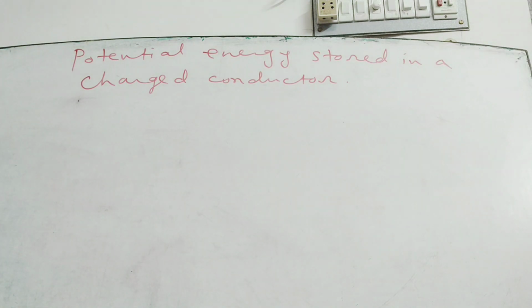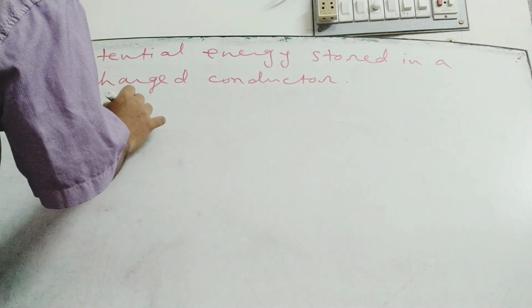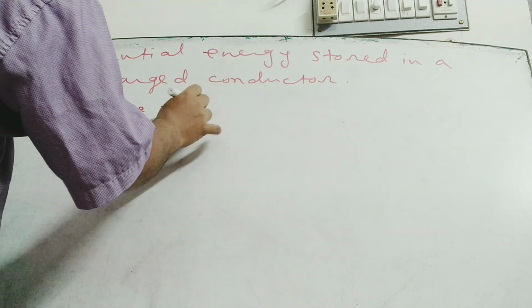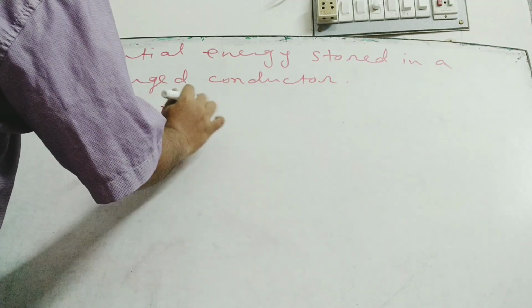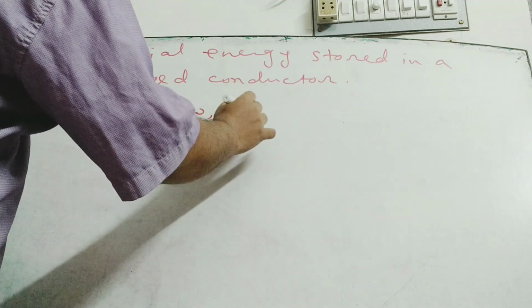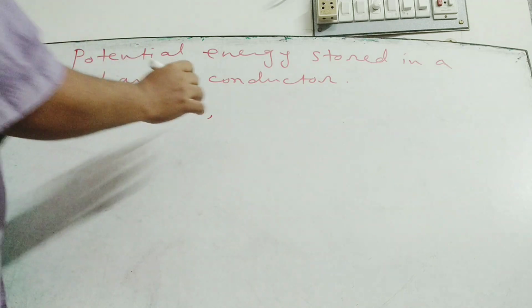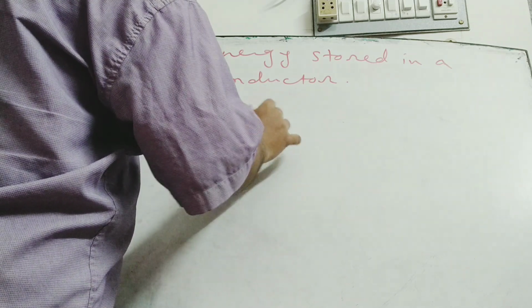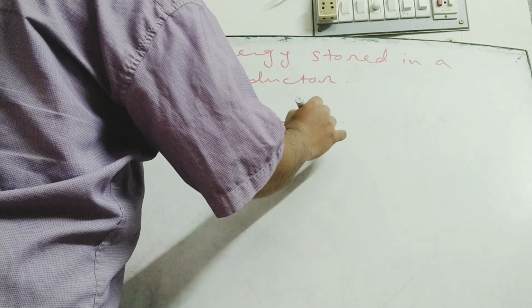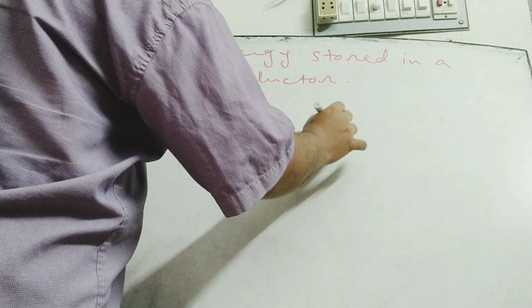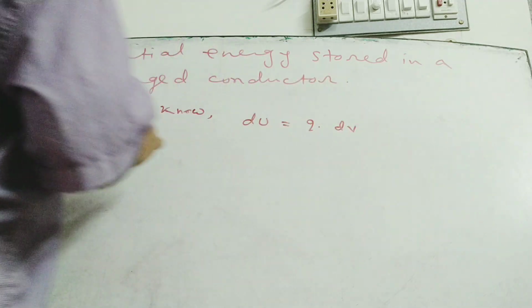We know potential energy, a small amount of potential energy dU is equal to q into dV,